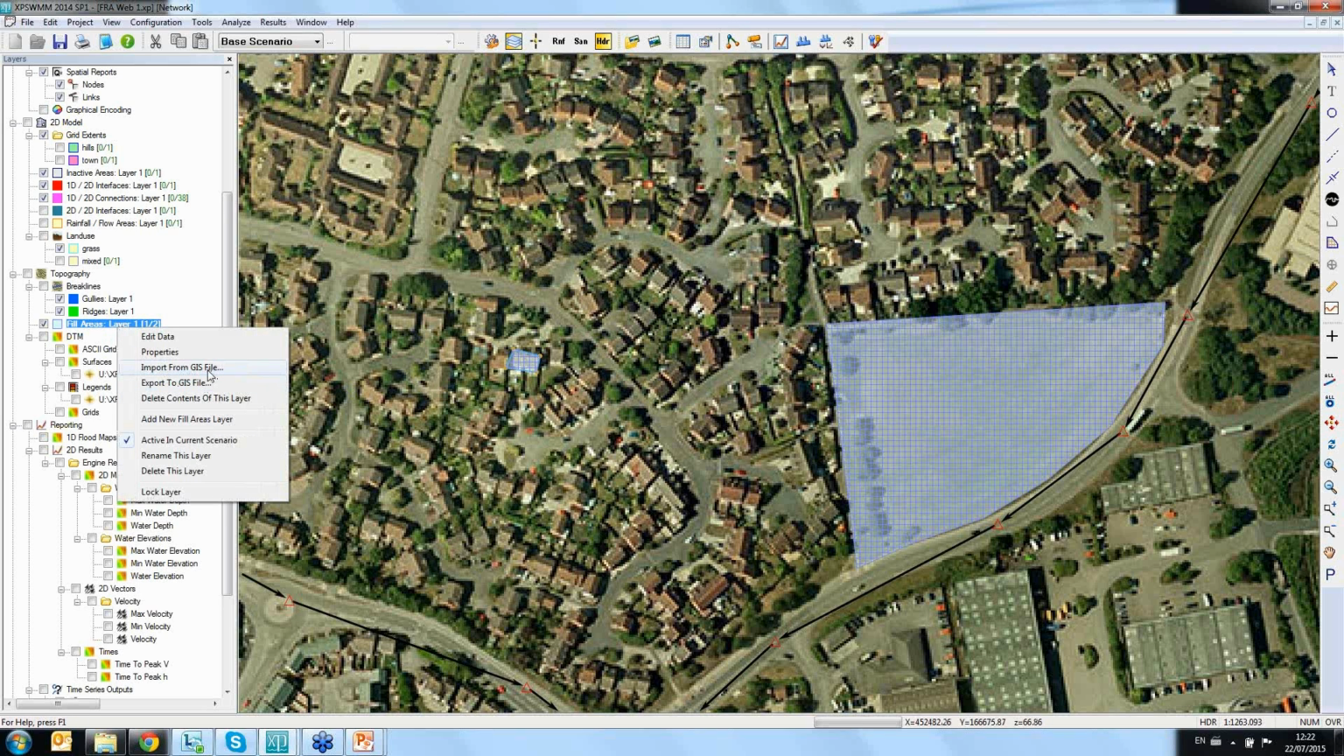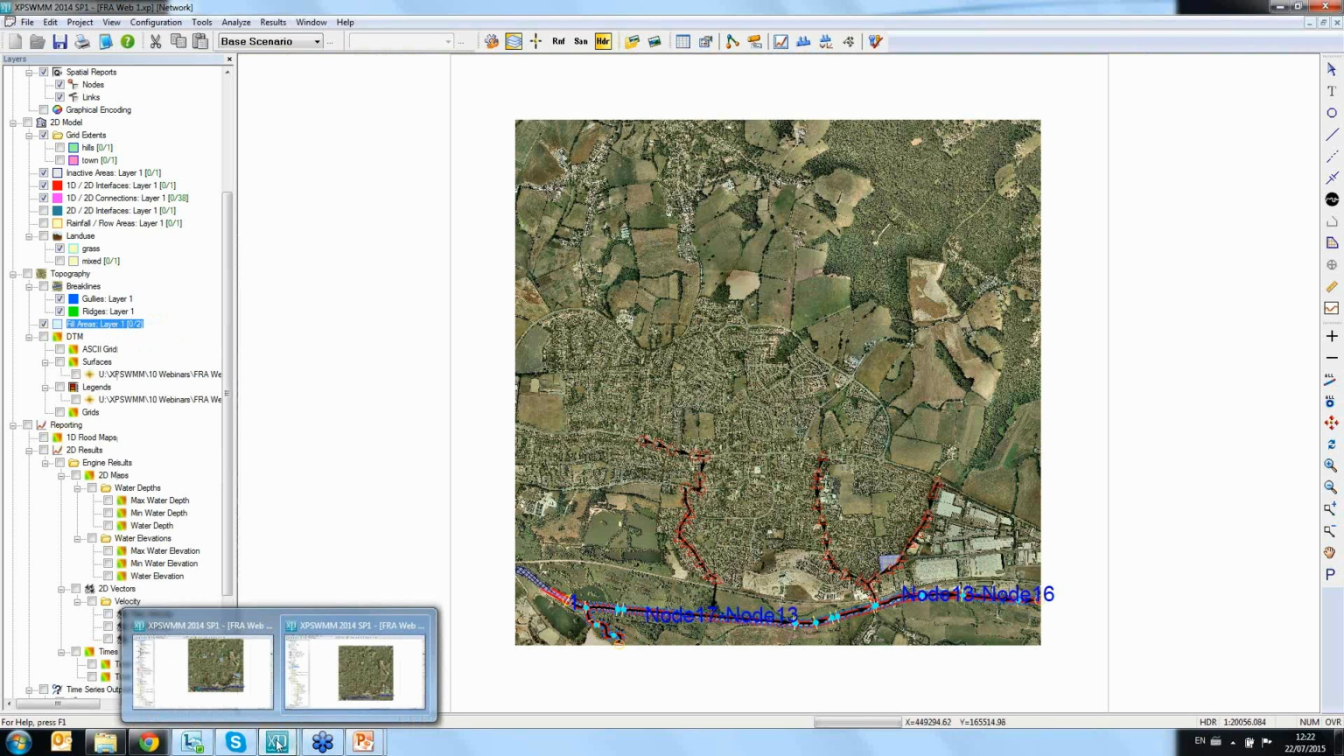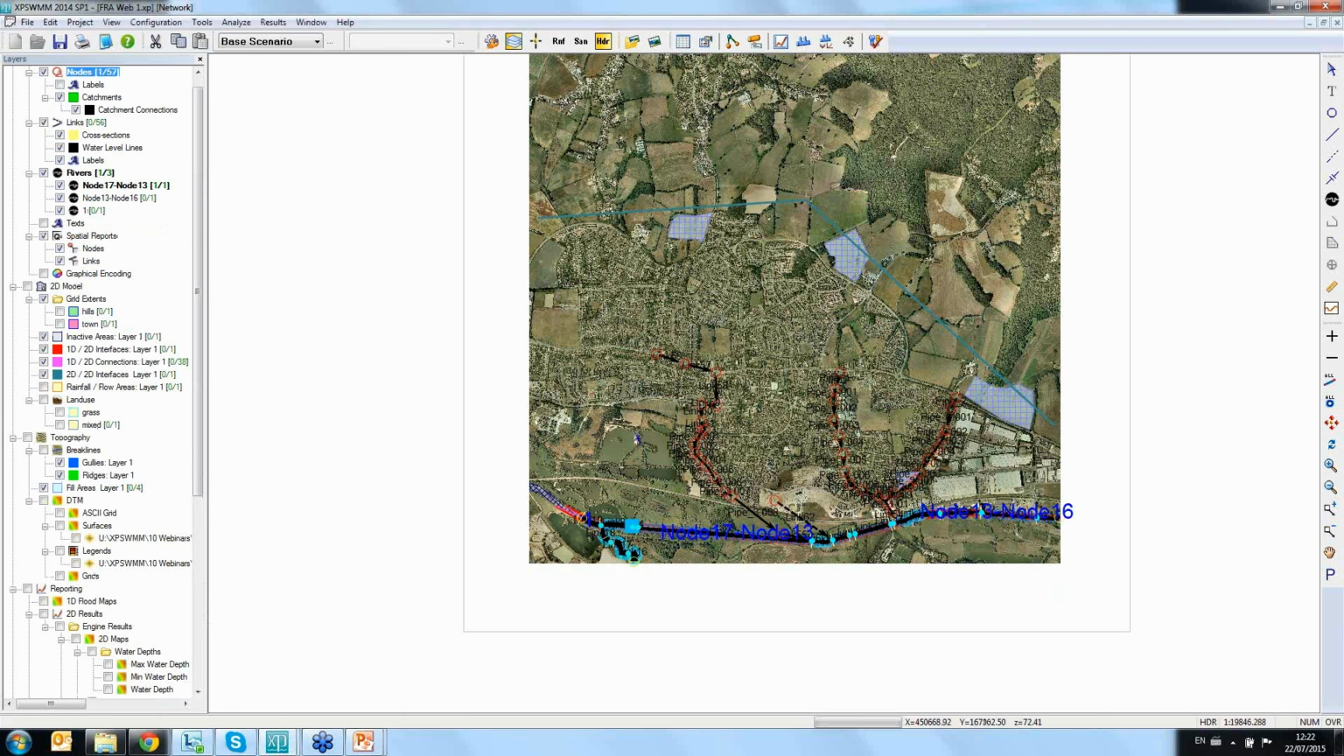So you don't need to draw every building manually. If you have CAD data, you can convert it to GIS and then bring it in. If you have GIS data, then you can just bring it in. Okay, so what I will do now, I will go to a second model, which was set up with a few